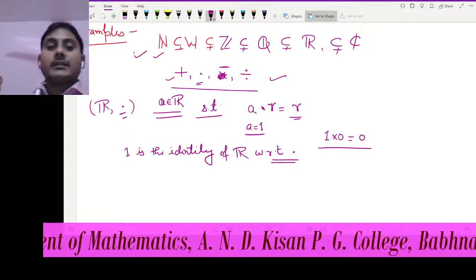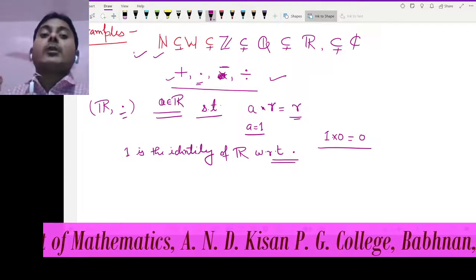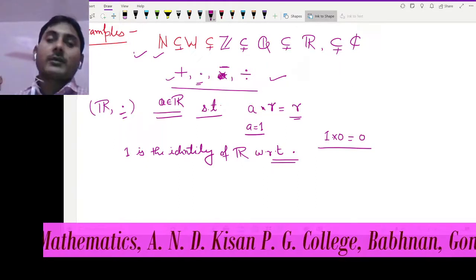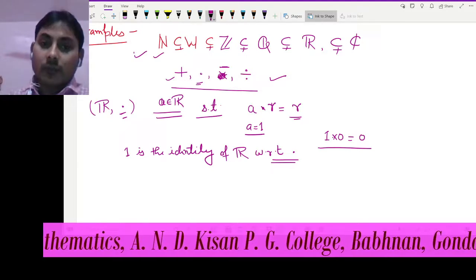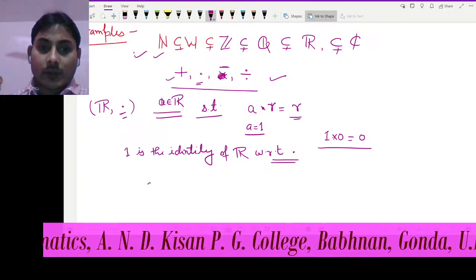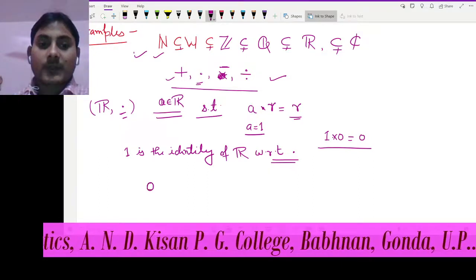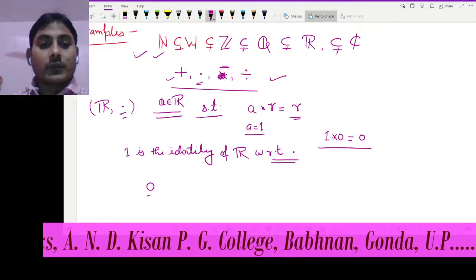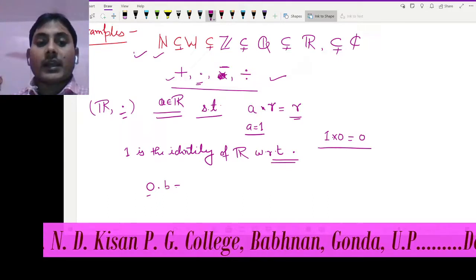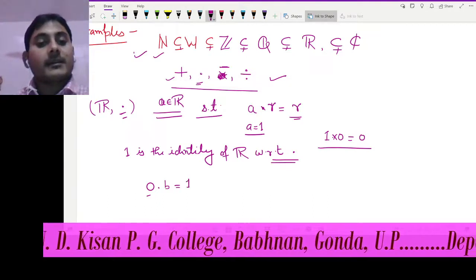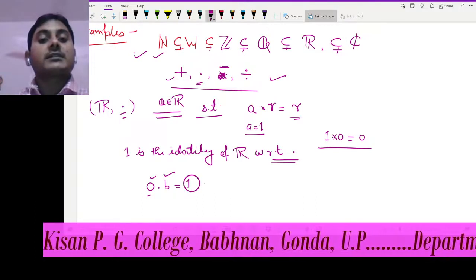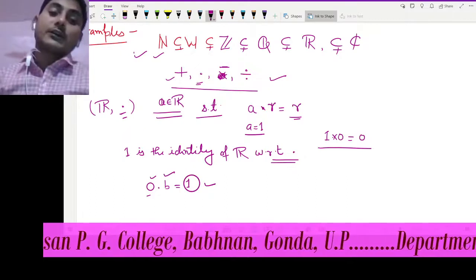R का 1 identity है. So can you talk about its inverses also? You cannot have the inverse of all elements. You can have the inverse of only non-zero elements. If I ask you about the inverse element of 0, if you multiply something with 0, you cannot have 1, क्योंकि 0 से किसी को भी मल्टीप्लाई करेंगे हमेशा 0 आएगा. हमको ऐसा एलिमेंट सर्च करना जिससे 1 आए, जो कि इम्पॉसिबल है. सो दैट्स वाई